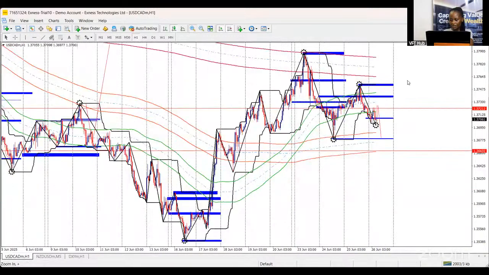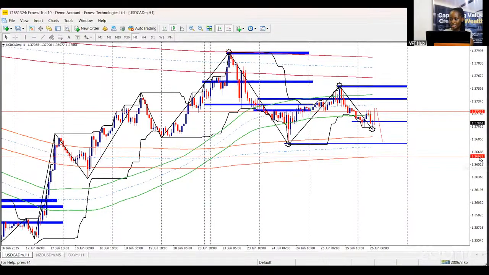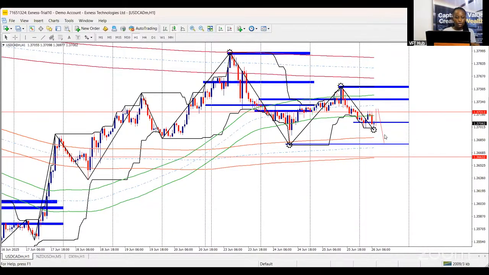Zooming in, you can see where we marked out on M5. This is it right here. The breakthrough is coming for the next support zone, which is 1.36632. And if it is able to break through that level as well, we're going to see more times of this, right? Except you have fundamental news that comes to change things up a bit.